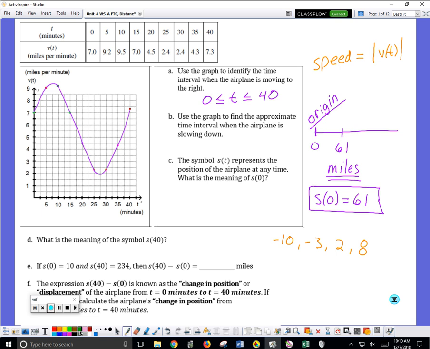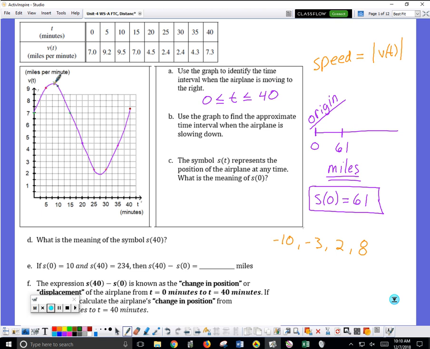Show me your hands. Who knows? Come on, hands. Don't take points if you don't raise your hand. So when is the plane slowing? Anna Kate? Is it when it's decreasing? The graph is decreasing. So,